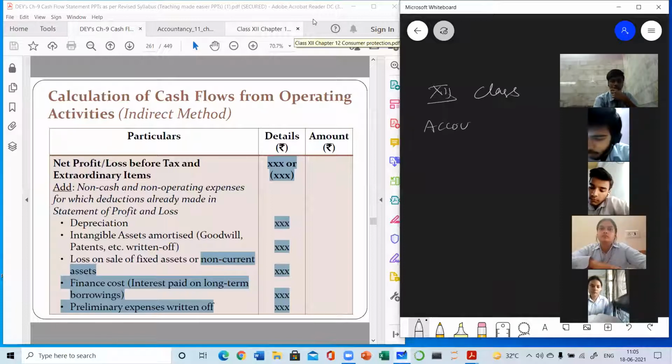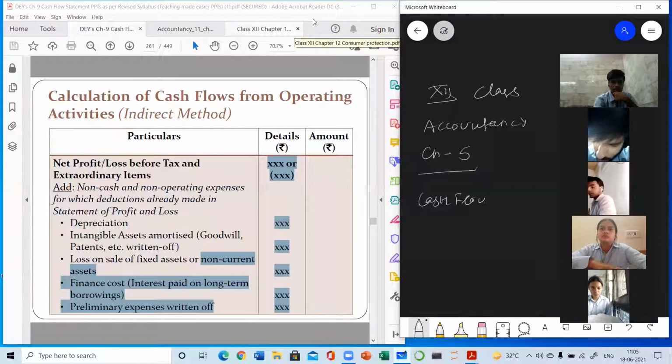Accountancy, Chapter 5, Cash Flow Statement. And today's topic is calculation of cash flow from